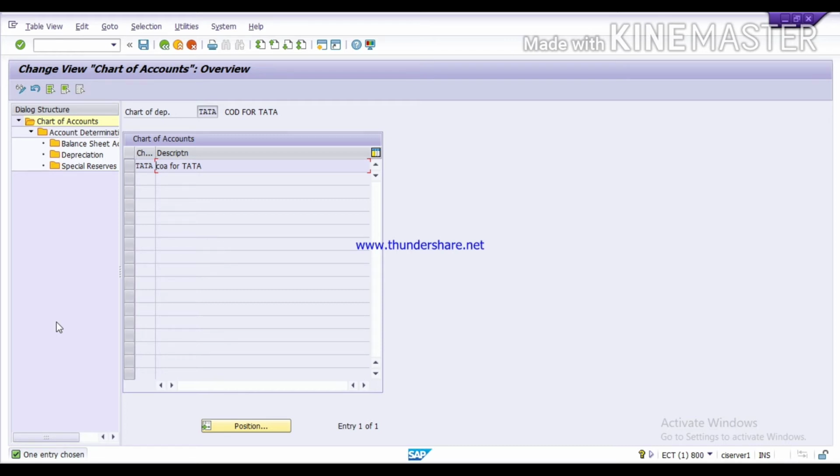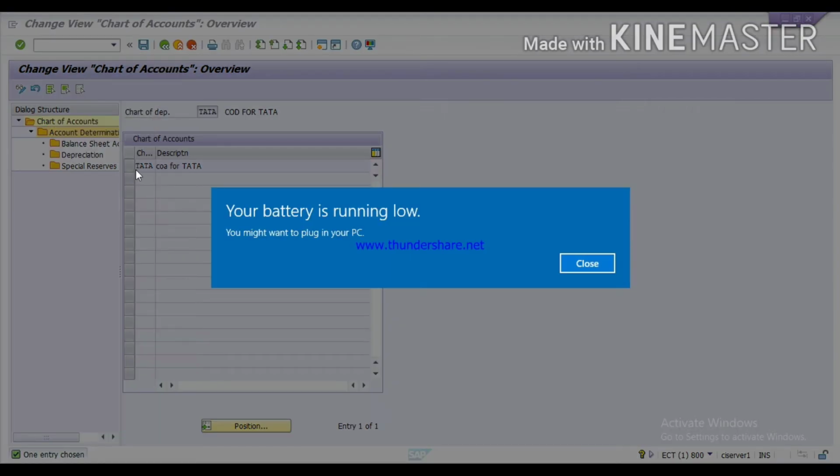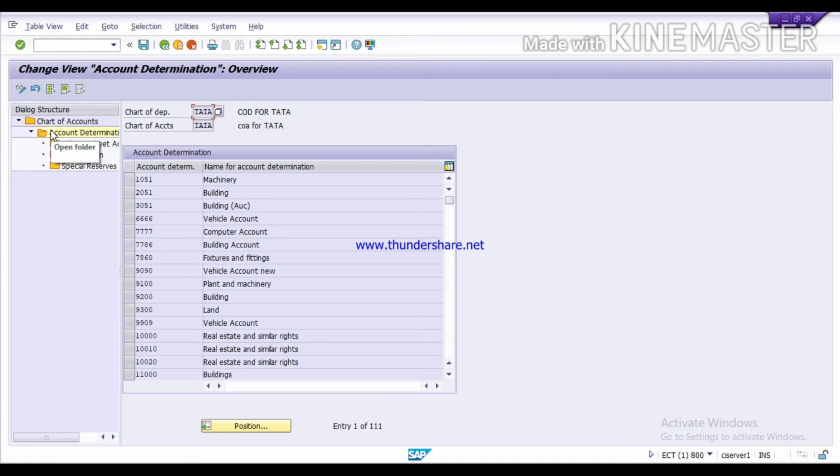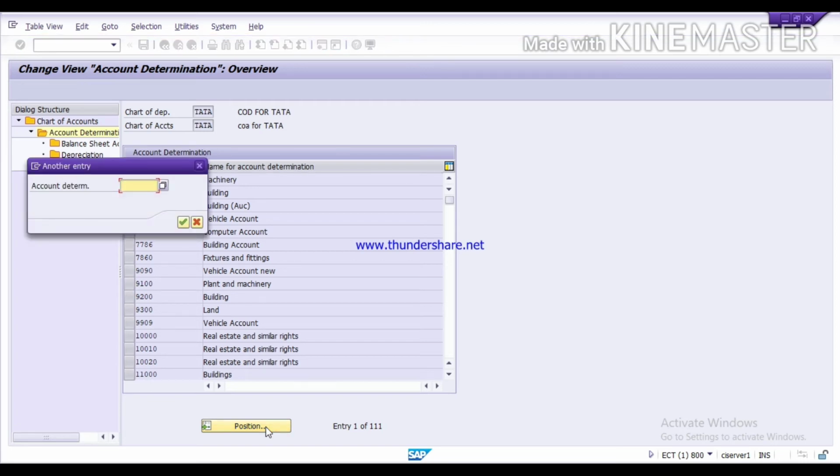Now here you need to select your account determination. First select your chart of account, then double click on account determination. Here you need to find your account determination which you have created in a previous video. Click on position and find your account determination.